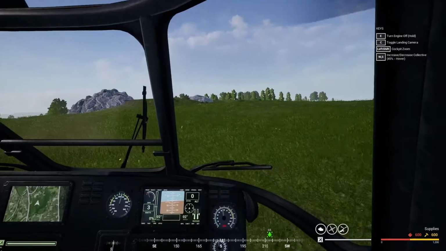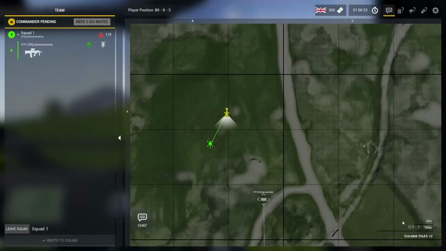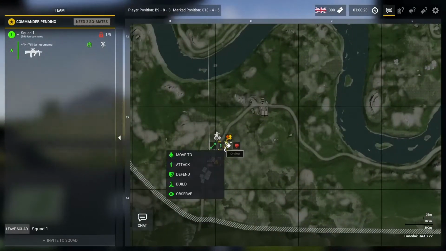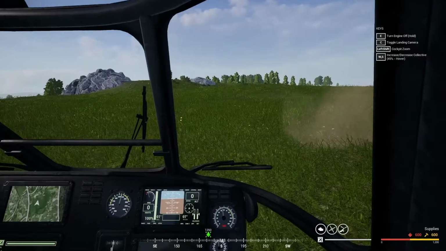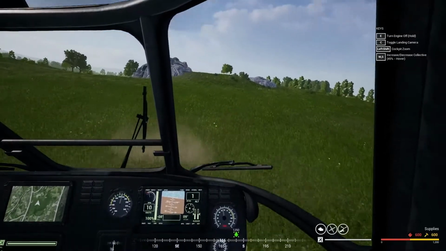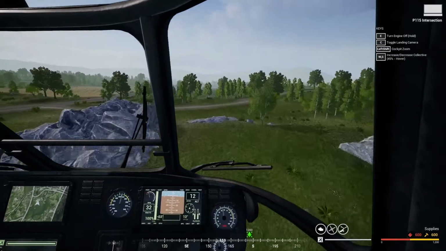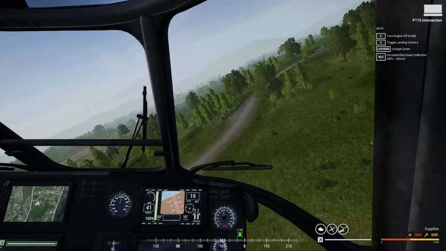Okay, so I hit the ground a little bit too hard. So now I want to head back to base. I really dislike landing on the helipad, just because, I don't know, I don't like when there's an outline for where I have to land. I really suck at it when there's, so